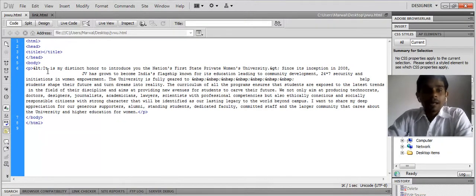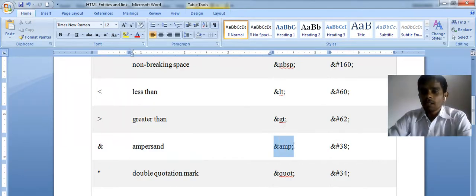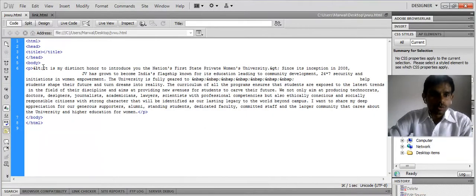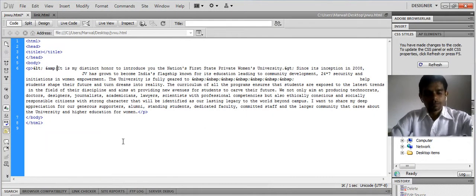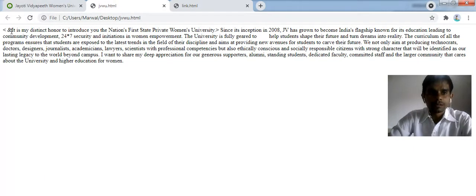If I directly use the greater than and less than symbols, this document will give some warning because they are used for displaying or using the tags. There are many more entities over here, like if I use ampersand and percent, so ampersand, amp and terminator is used. Suppose I want to use it over here, save the document, go and refresh it. I have seen this.